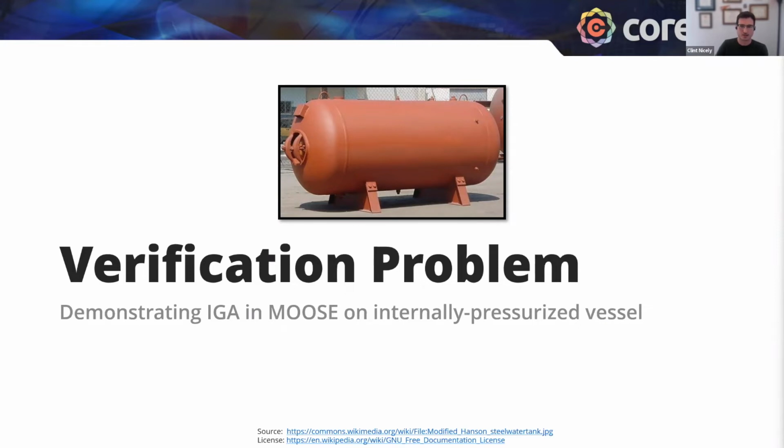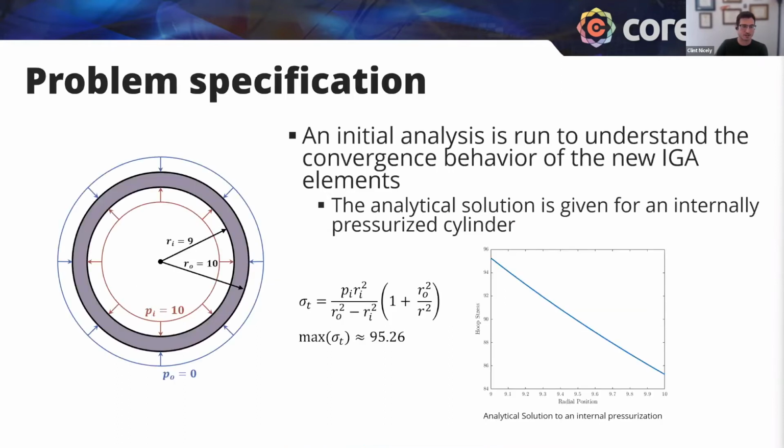So let's take a look at just a first simple problem. Arguably, I'd say it's one step above an academic problem, but these are steps that needed to be taken in order to understand the convergence of the new Moose IGA elements, and how it functions. So you need to get a good idea of that. In order to get a good feeling on how it works, we need to look at a simple problem, and that simple problem for us in this case was a